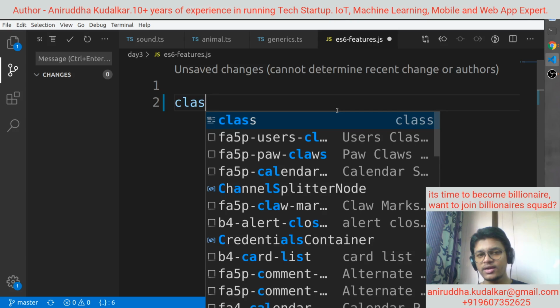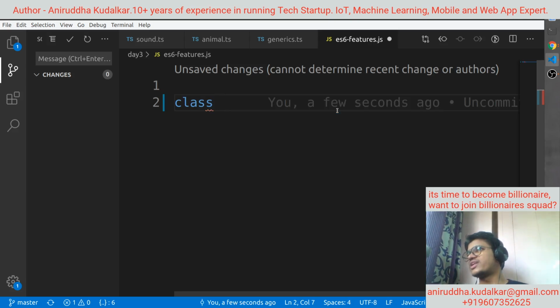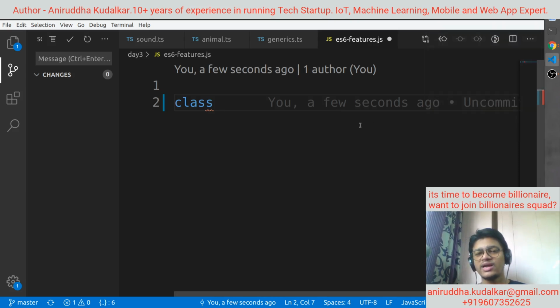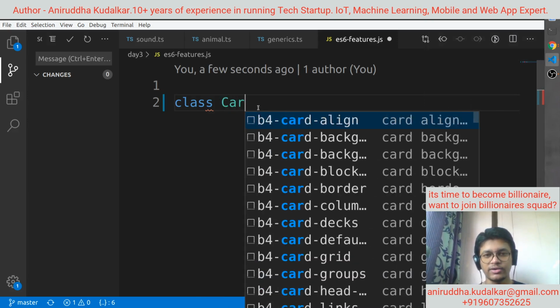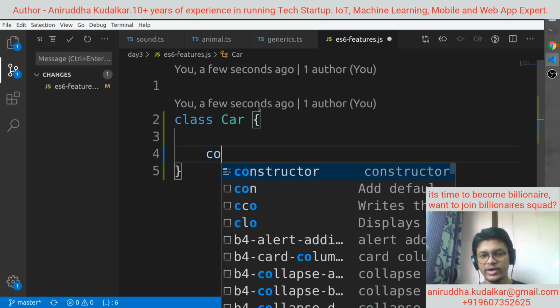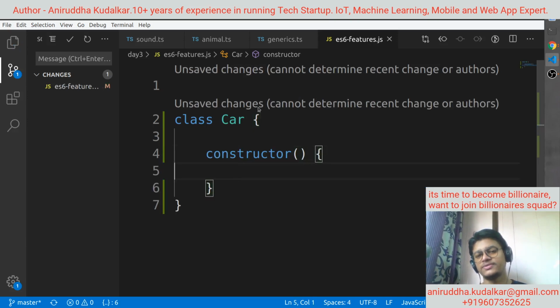ES6 has come with built-in classes. In ES5 we used a function as a class, but ES6 has given you the class keyword, right? Here you can say class Car. This is one of the features. Now if you want to write a constructor, constructor is a keyword, same as in TypeScript.